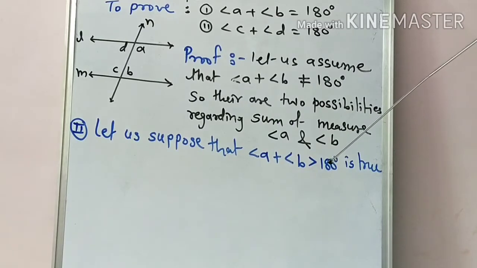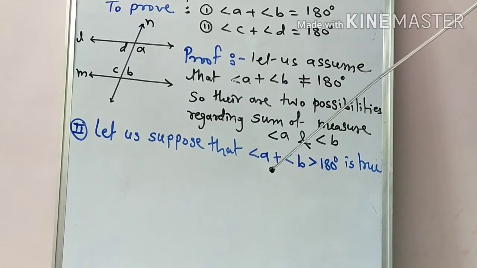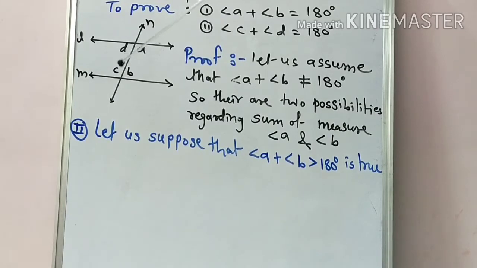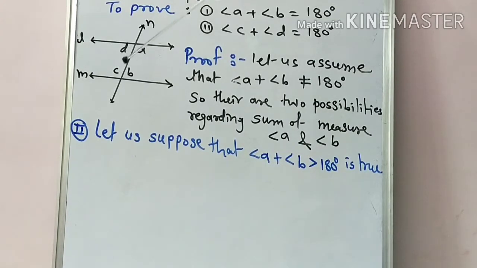Okay, so now here what we do, we have assumed that, it is not given, we have assumed that angle A plus angle B greater than 180 degree, and by this we prove that angle C plus angle D, that sum of these two angles, is less than 180 degree. यावरून C आणि D साठी पण काय करणार आपण, ती सम लेस दॅन 180 डिग्री प्रूव्ह करणार.